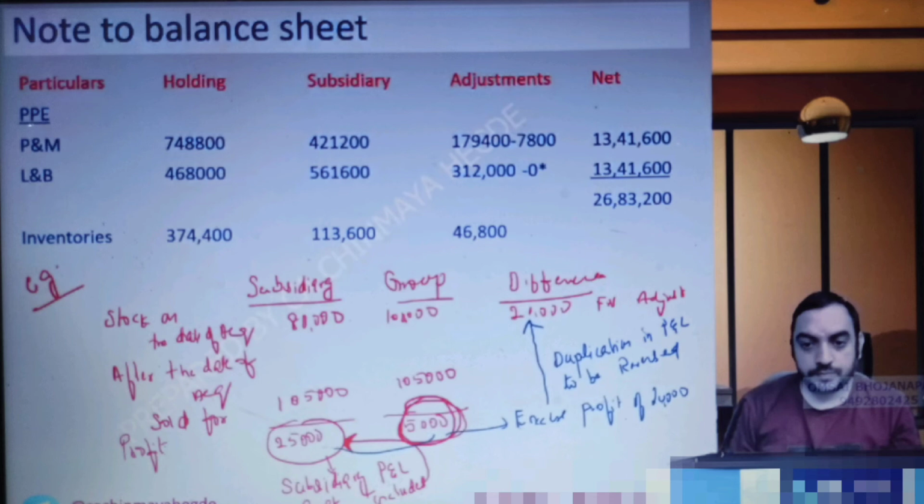So if the inventory on which you did fair value adjustment is sold subsequently, the fair value adjustment will be reversed, because to that extent it is already recognized. Where is it already recognized? As a part of fair value adjustments. Now the subsidiary company would have included it again in their P&L account, which is duplication. If you want, you can update this chart. Why? Because the subsidiary company